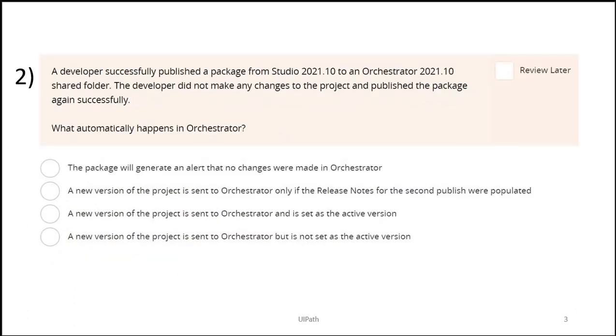Move on to the second question. The developer successfully published the package from Studio to Orchestrator. The developer didn't make any changes. Here you have to notice that they didn't make any changes and published the package successfully. So the question: what happens in Orchestrator? The package will generate an alert, no changes were made. No, I think this is not possible. New version of the project, center release notes, again publication of